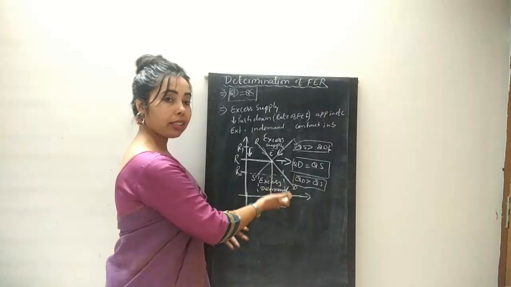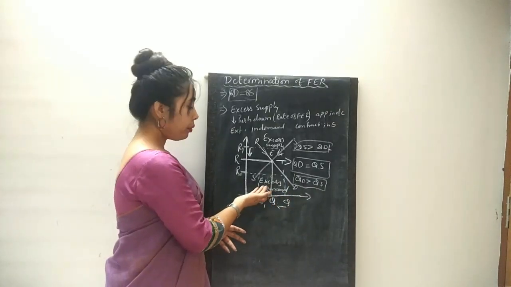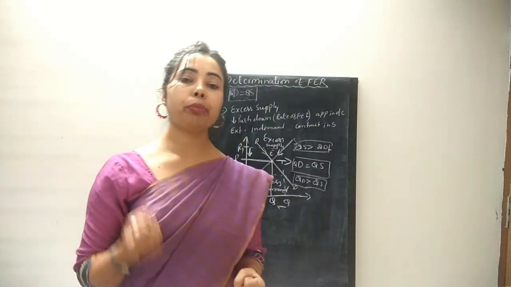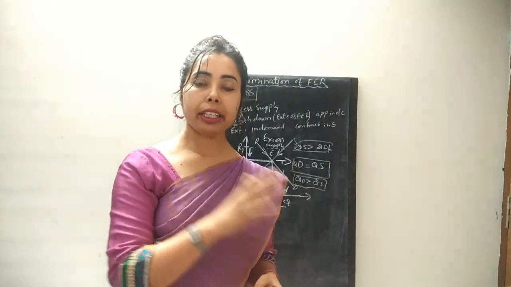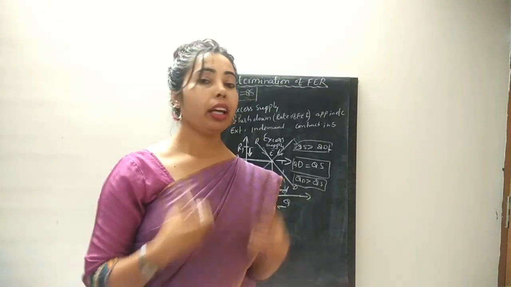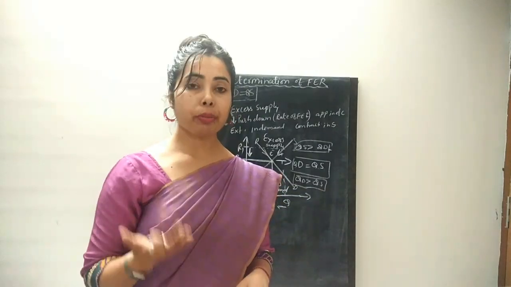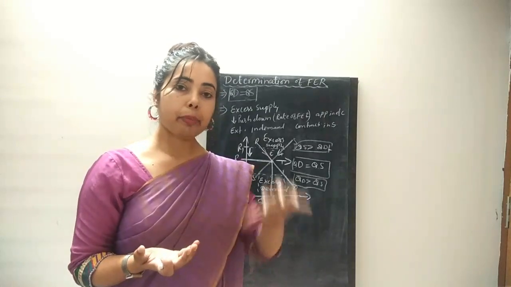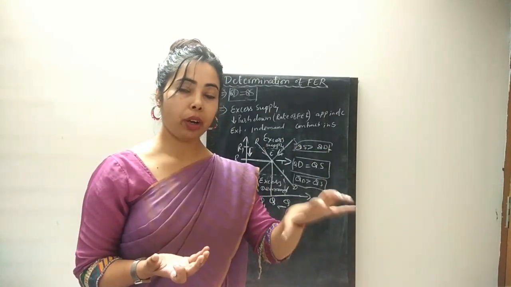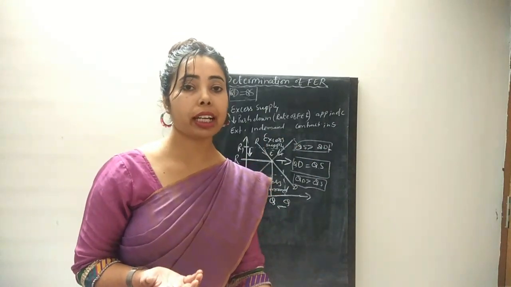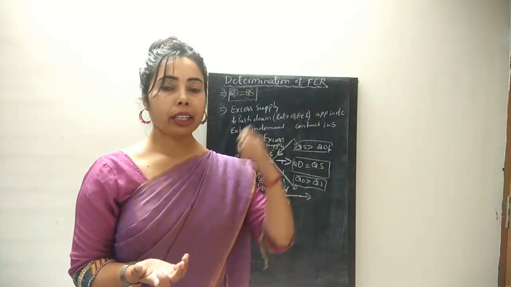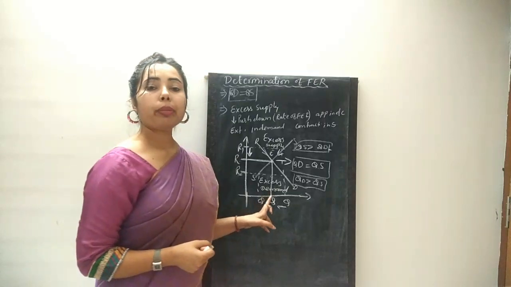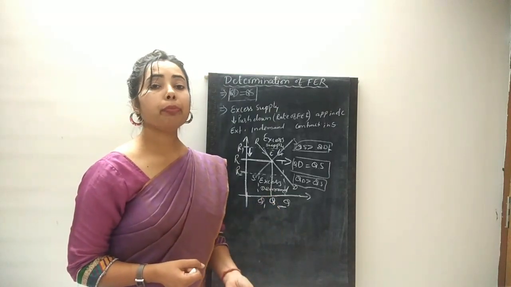Similarly, when there is excess demand, what is happening? If the demand is more, as I have already told you, people are ready to pay any price, any money, because they have a huge demand. When there is a huge demand, it indirectly puts pressure on the price of goods and services, and that is pulled up by the economy. So when there is excess demand, the price will be pulled up.